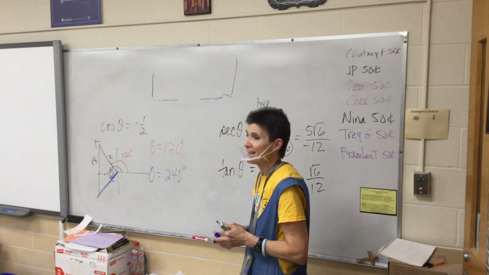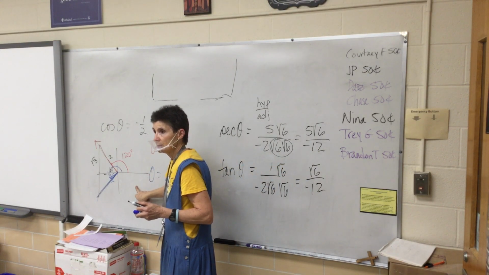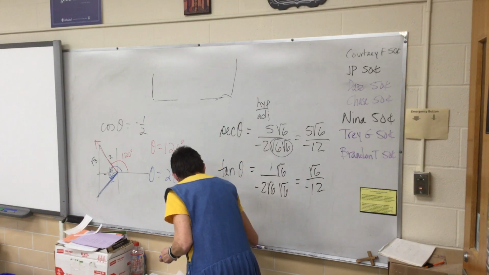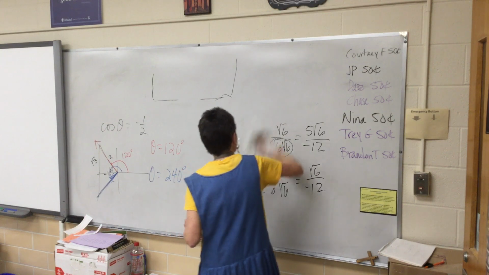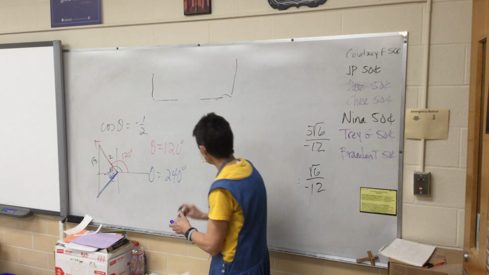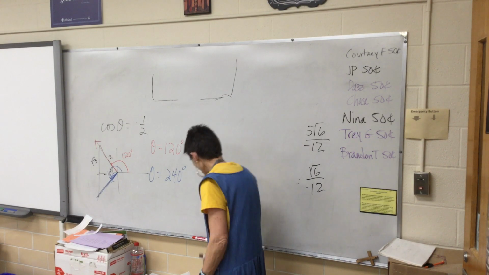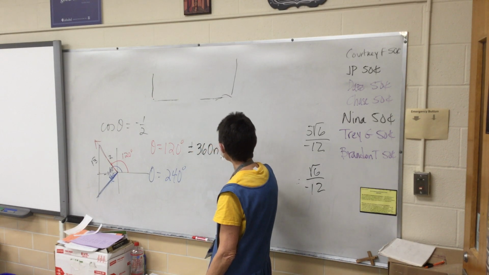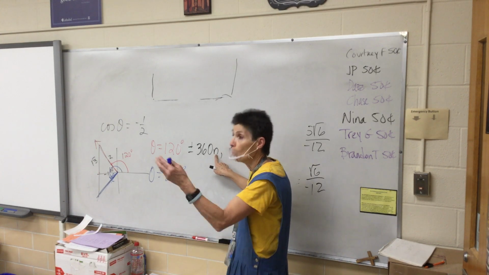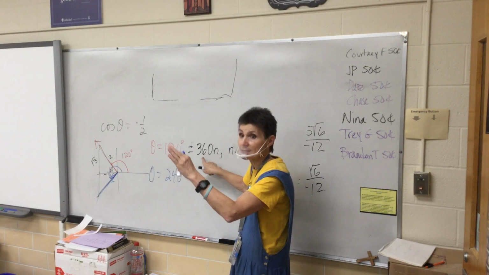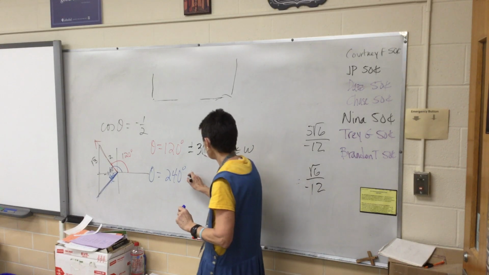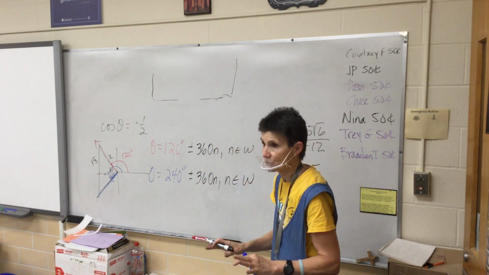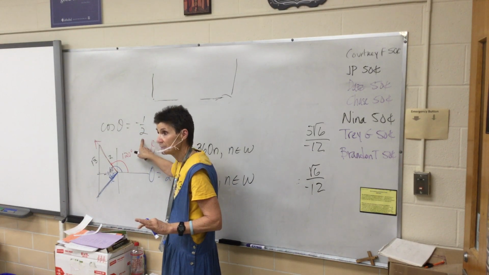Now, will there be any more triangles that I could draw? Could I have it over here or here? No, so that's it. Except, we not only have those two, but we have all of their coterminal angles. So to find coterminals, we simply add and subtract revolutions. So we're going to add and subtract 360n, where n is some whole number. So you're adding and subtracting 1 360, 2 360s, 3 360s, and so on. And the same thing with this one. So when it says list all of the angles whose cosine is -1/2, this is the answer